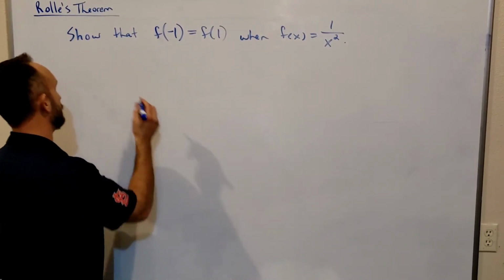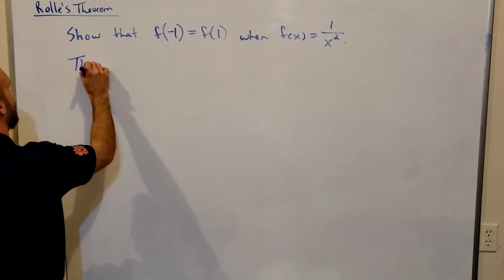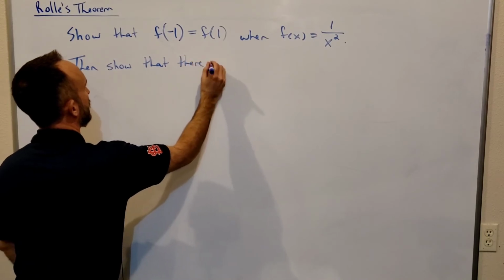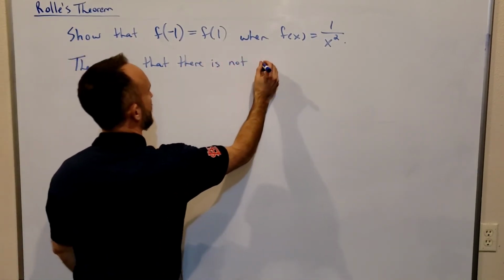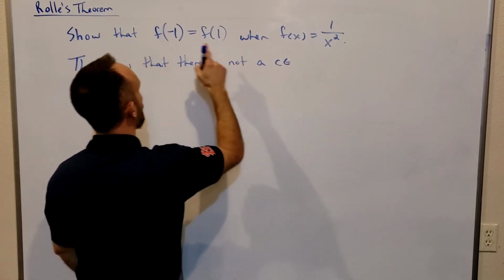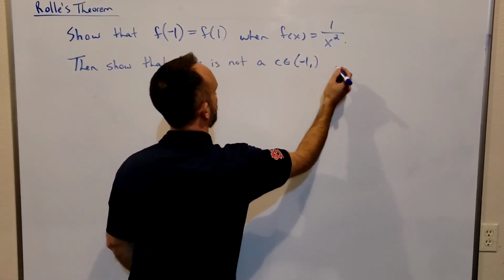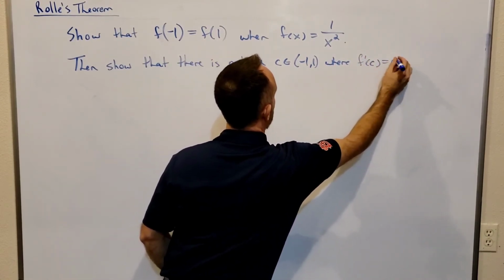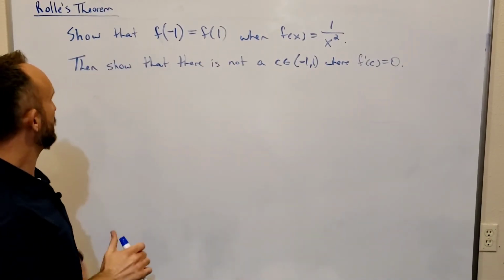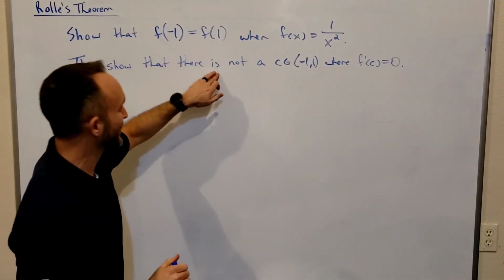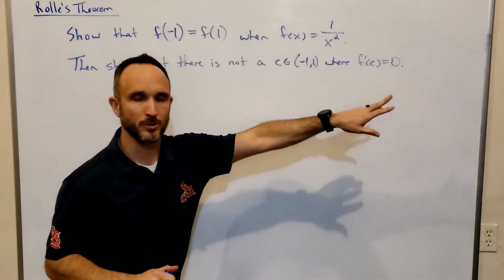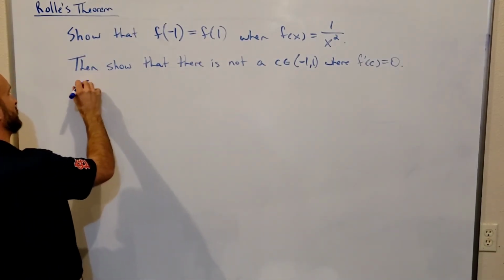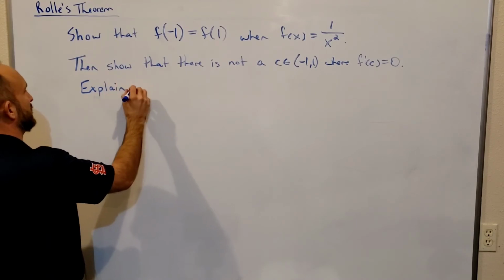Okay? But then what we're going to do, then show that there is not a c in the open interval from negative 1 to 1 where f prime of c equals 0. So that'll be interesting because Rolle's theorem guarantees that there is a c in the open interval where the derivative equals 0. And for some reason, here there's not. Okay? And so what we want to do is explain. So we're going to show that there's not, and then we'll explain why